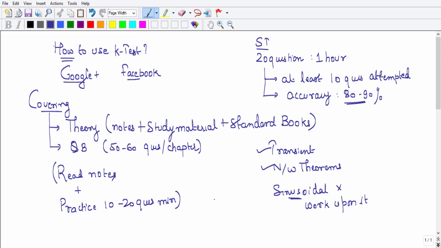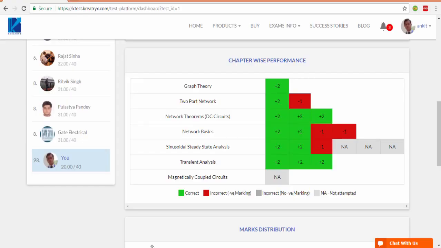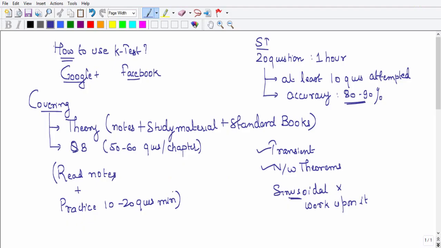Then you can look for the second weakest point. Like here, my second weakest point is the network basics. So I'll work upon it, though it will be lesser than the sinusoidal analysis, but some problems on basics. That is what I need to do.